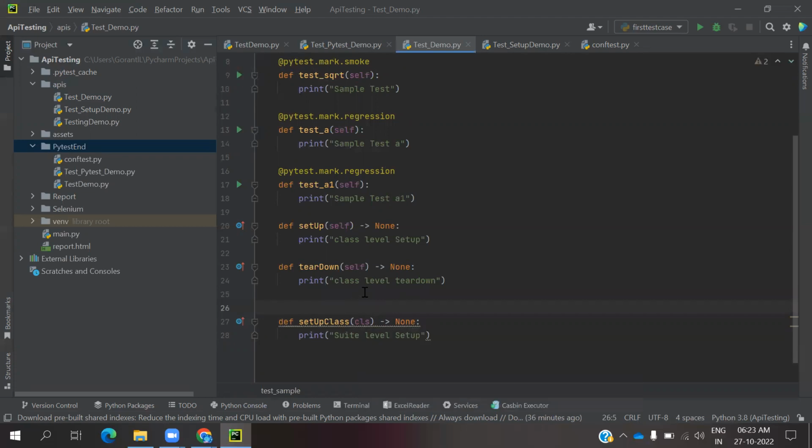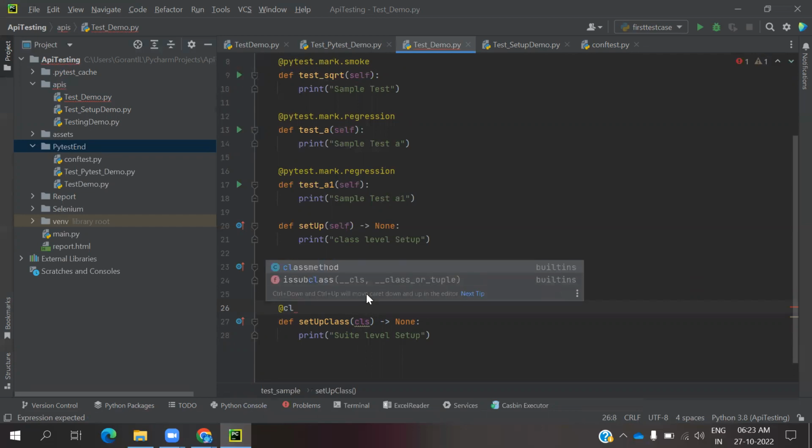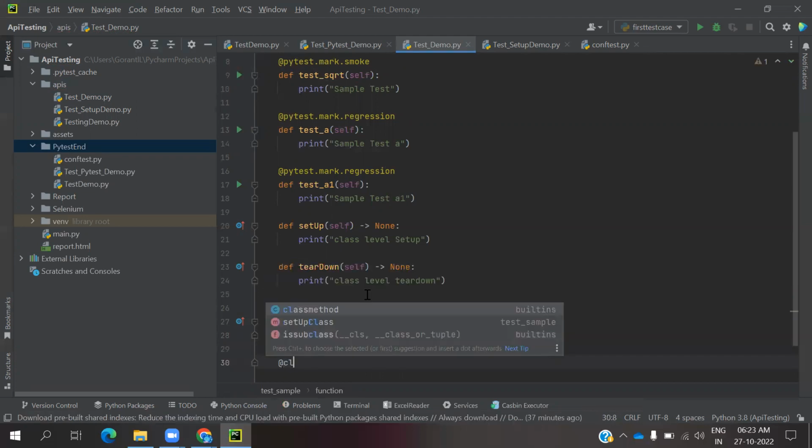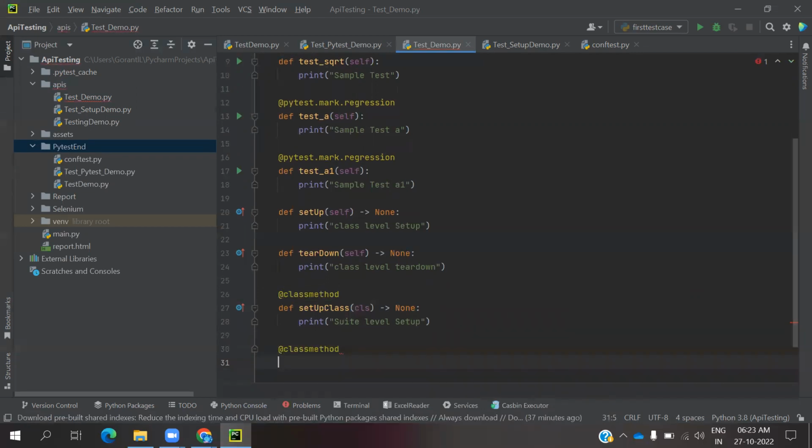To use it at class level, we need to use the at-the-rate symbol, and here we need to use classmethod. When you use this, the entire class level is the suite, and it executes one time. Then we need to use a def